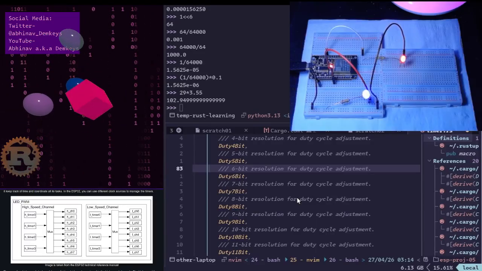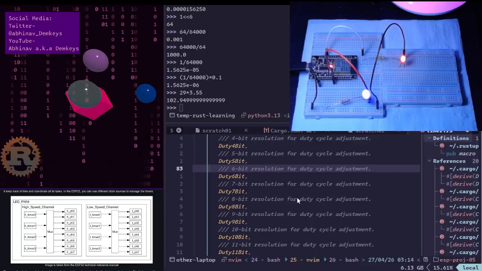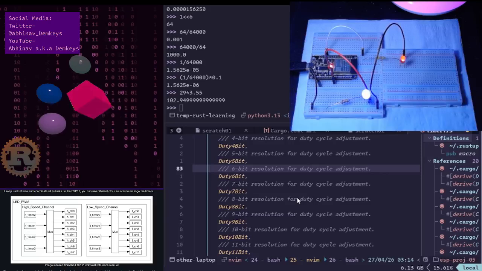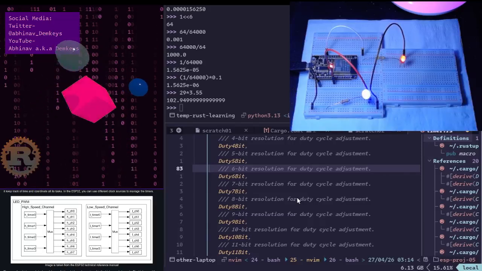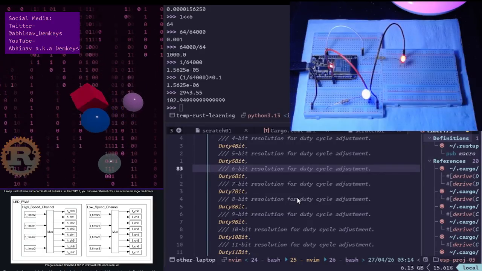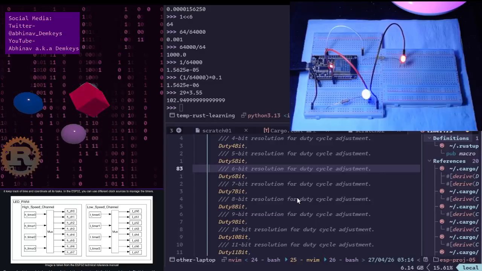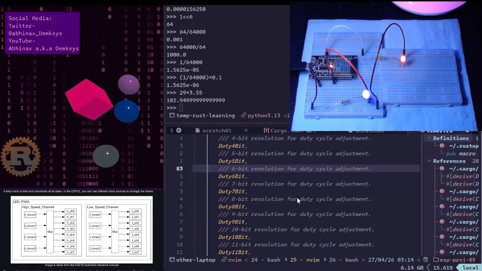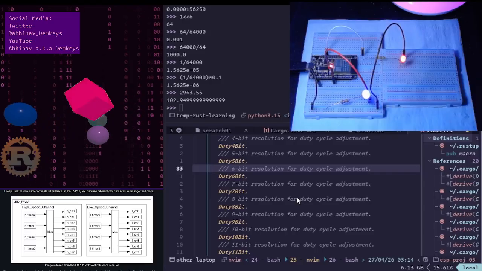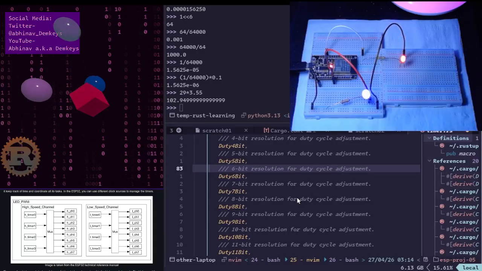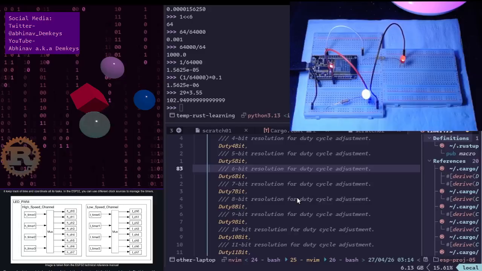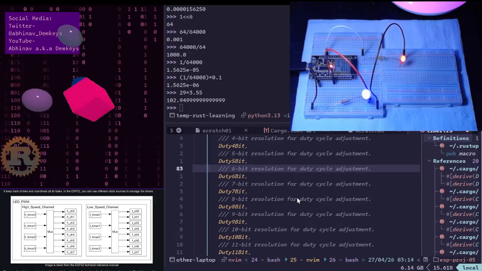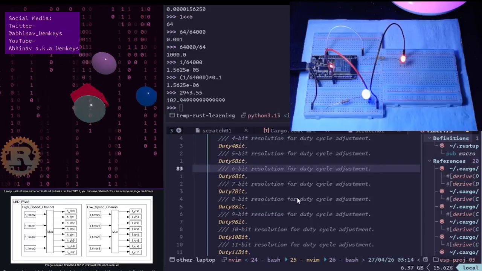So I have the ultrasonic sensor, and I have the photo resistor. I have a couple of other types of sensors as well, but I don't know how much they help in terms of giving the robot quote unquote sight. But yeah, that's one of the conversations I was having with Gemini, and the other one